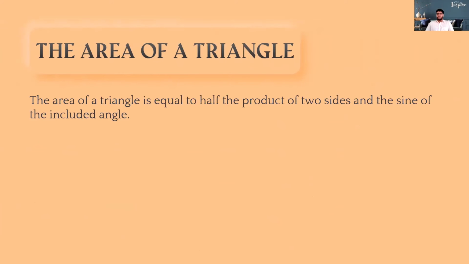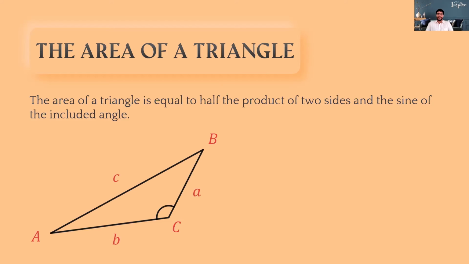Now children, you all already know how to find the area of a triangle, but this is a new formula, right? The area of a triangle is equal to half the product of two sides and the sine of the included angle. So again, it sounds complicated when I say it like this in words. For some reason, maths is always like that. Even simple equations, if you word it, it sounds very complicated, right? But let's see. Now, children, again, I have taken the same triangle, but this time I have marked angle C.